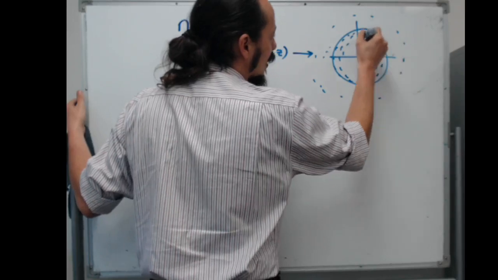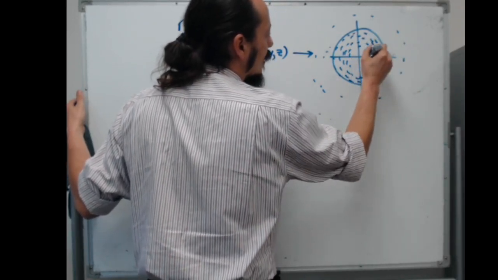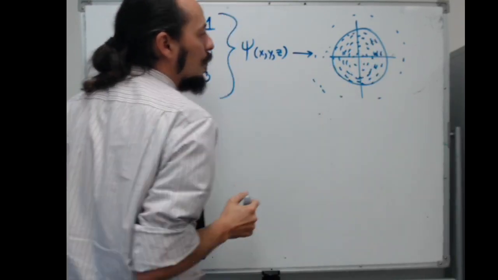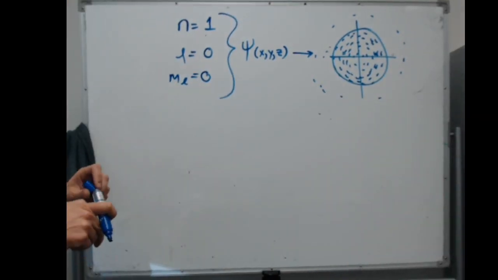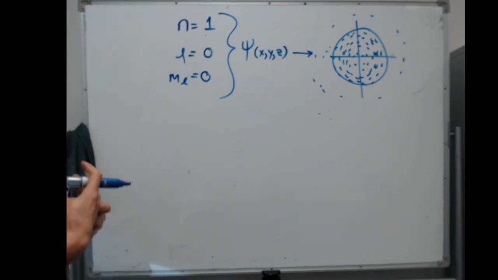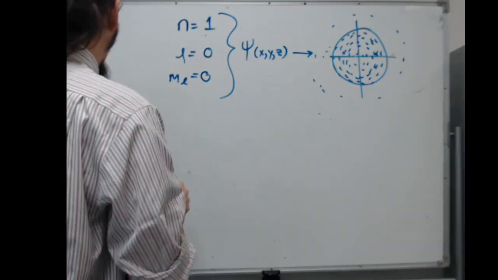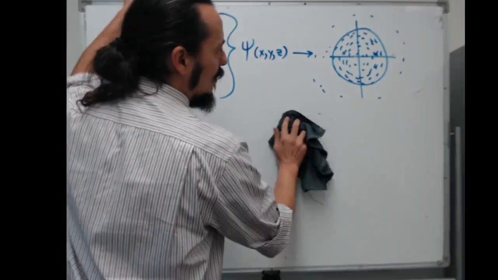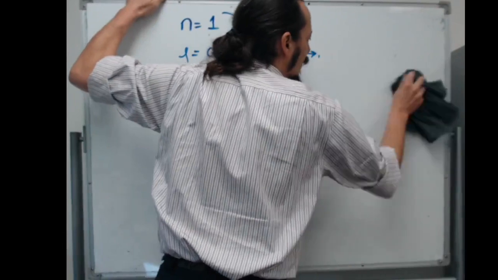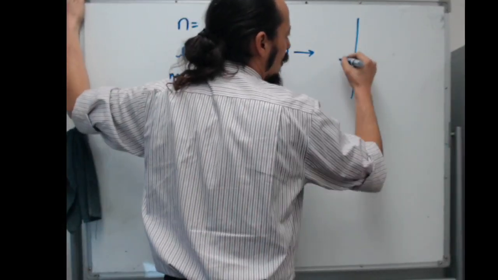It would be circular, like I'm trying to represent, but you'd have areas of high probability and low probability. In order to split these ideas up, we usually show this as 2 separate plots. One plot for the shape and one plot for the radius. So rather than trying to do that density plot over the top, we often will show it as one plot for the shape,